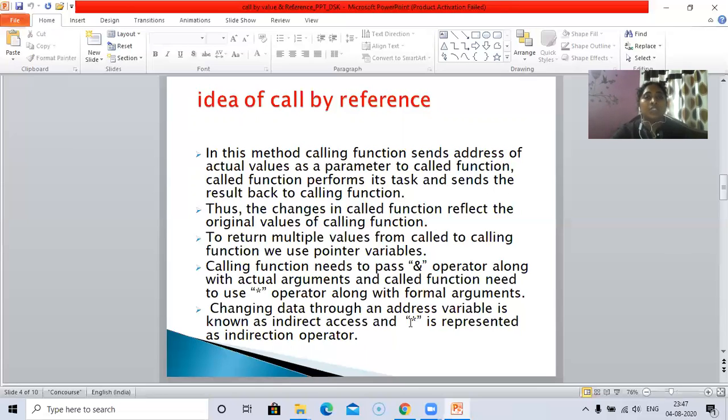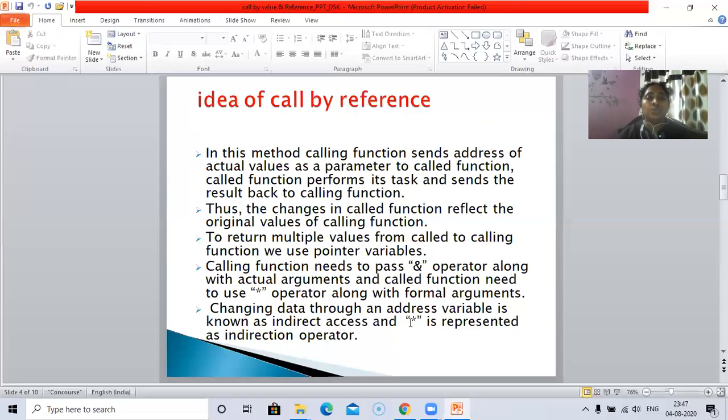The calling function needs to pass the ampersand operator along with actual arguments, and the called function needs to use the asterisk operator along with formal arguments. We'll now see examples of how ampersand and asterisk are used in order to return multiple values back to the main function.